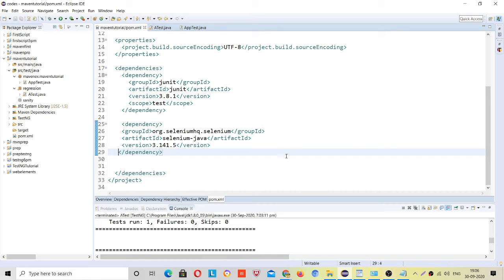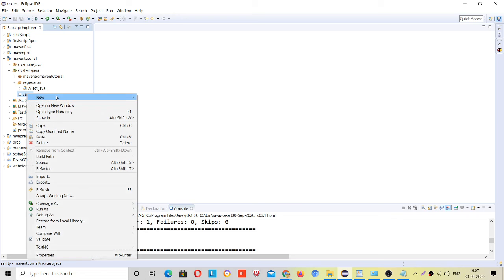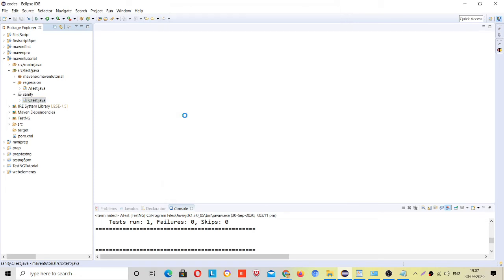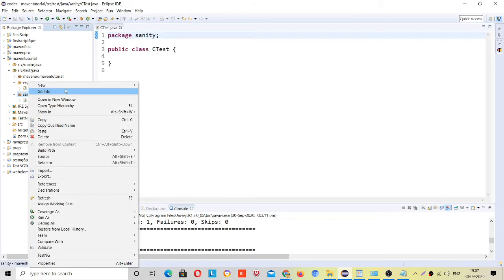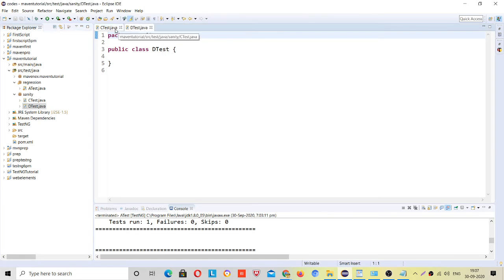So now we will understand TestNG with Maven. Okay, so let me close this. I have created two packages. Just close this package, this regression, and I will create another package, sanity. So sanity has two classes, CTest and suppose DTest.